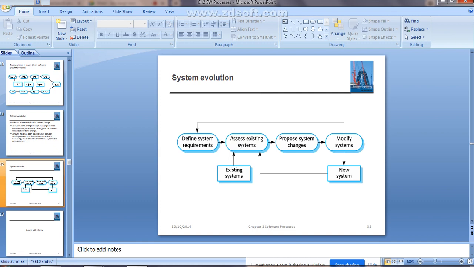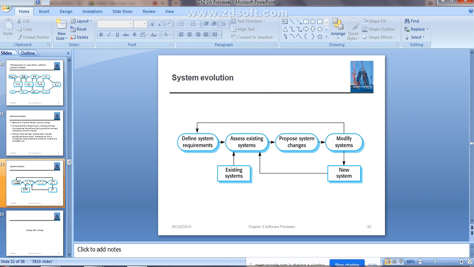You are going to define the system requirements and assess the existing system. If any existing system is there, you do an assessment of that. Then you propose the system changes. Then modify your system, what you have developed newly, so you will come up with the new system.